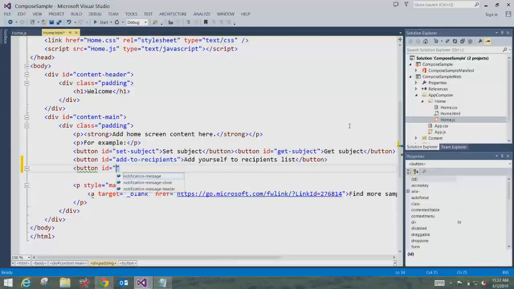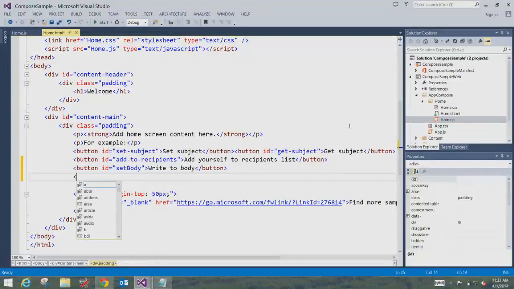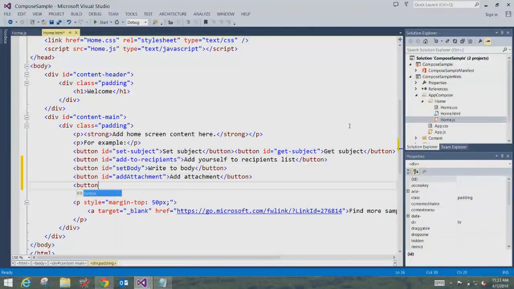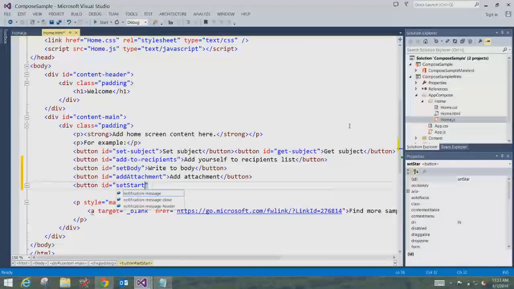So we can add a button to set the body. So we can say set body, right to body. We can add a button that adds a file attachment. So add attachment. And why don't we add a button that sets the start time if this was an appointment? Start. Great. And then we'll save this, and then in the JavaScript section,